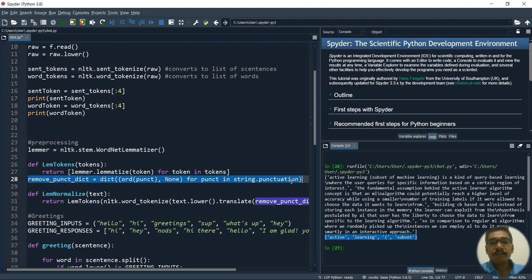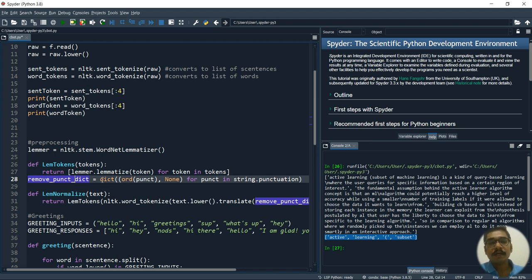Then what this particular line does is it will remove all the punctuations which are there. Punctuation means all the apostrophes, commas, semicolons, colons, all those things which you have studied with great difficulty in your English classes. Those things we don't actually require. We just focus on the words for the time being.